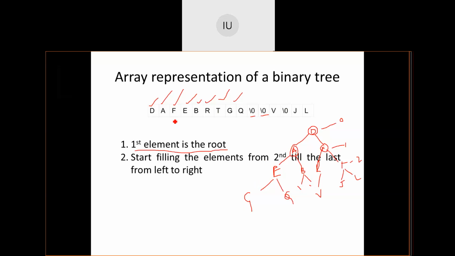Okay, I'll also tell you one more thing. Let me just write the indices. Please, all of you write down the indices on the piece of paper that you have. This is 0, 1, 2, 3, 4, 5, 6, 7, 8, 9, 10, 11, 12, 13, 14. Without drawing the binary tree, can you guess who will be the children